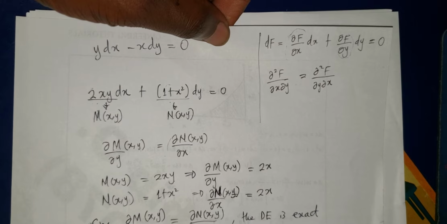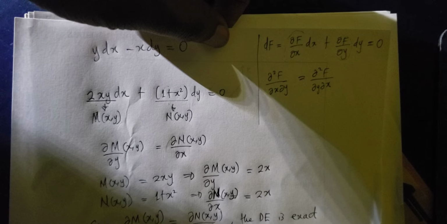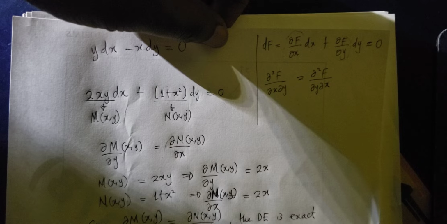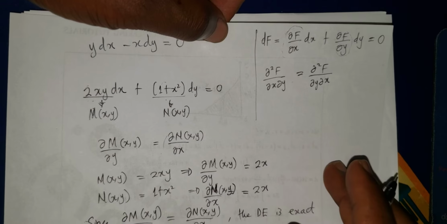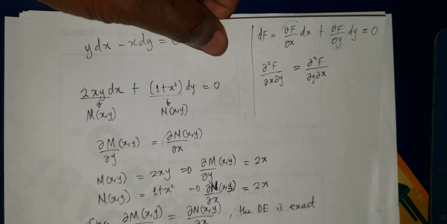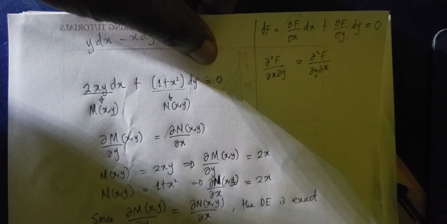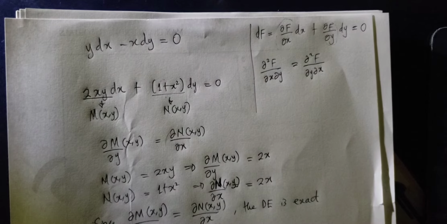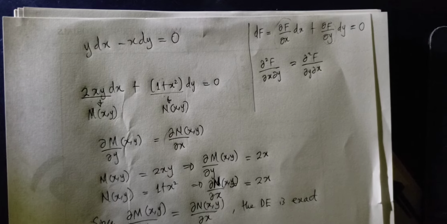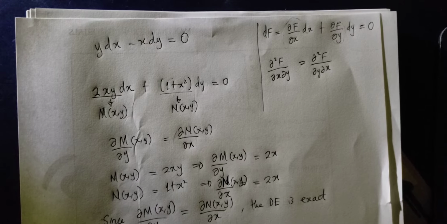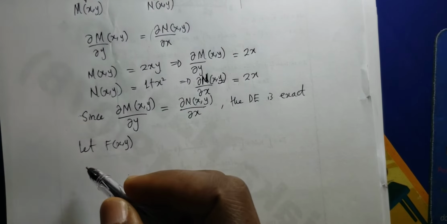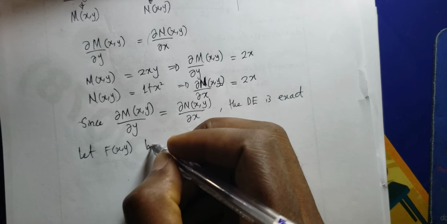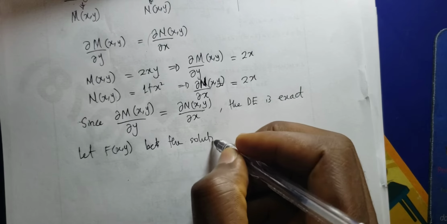So in this case, we now say let f of x comma y be the solution, such that